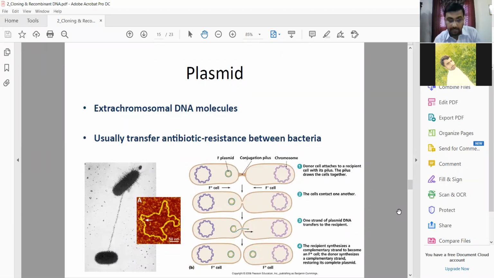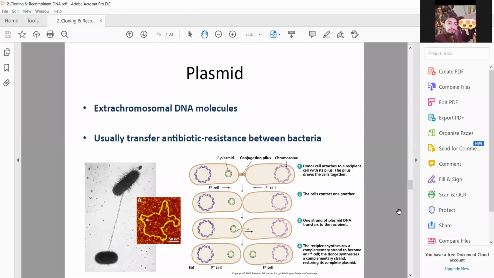Moving further, what are plasmids? You all know it, that plasmids are actually extra chromosomal DNA